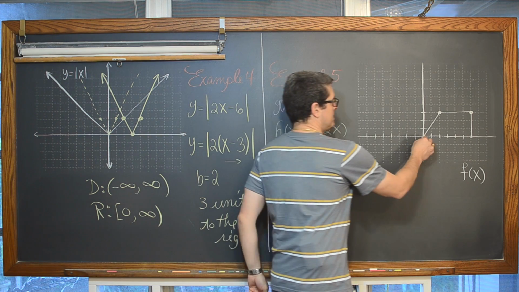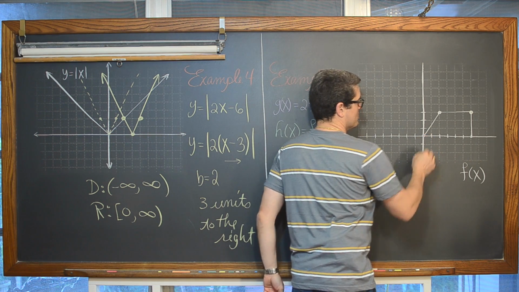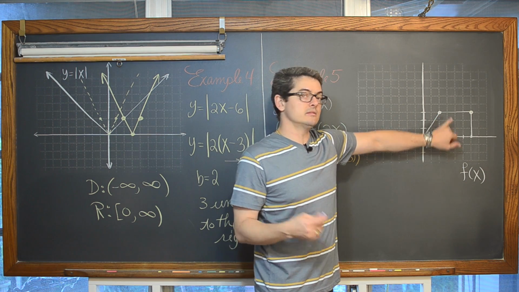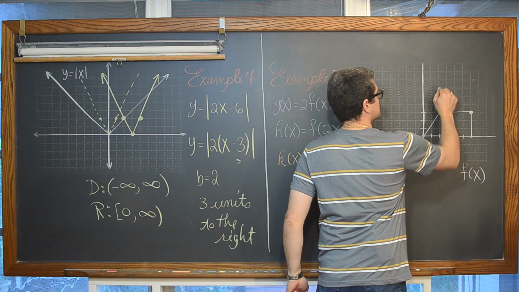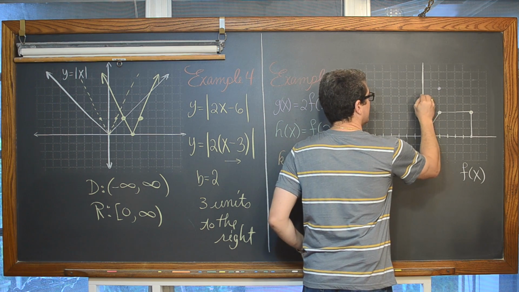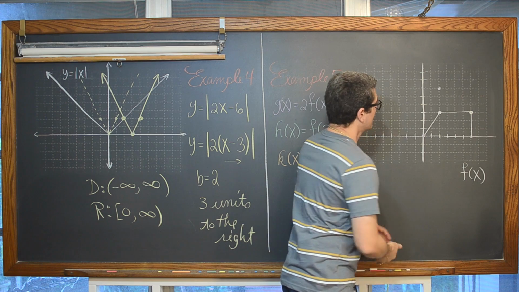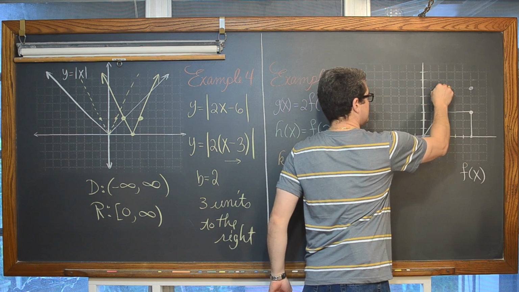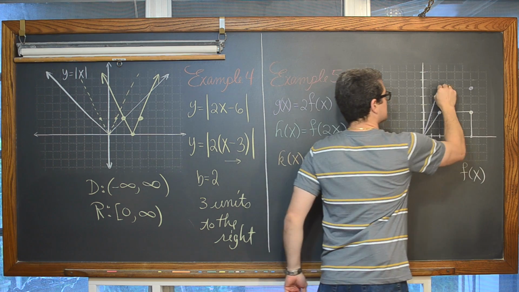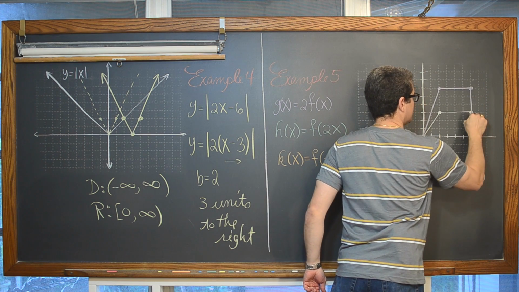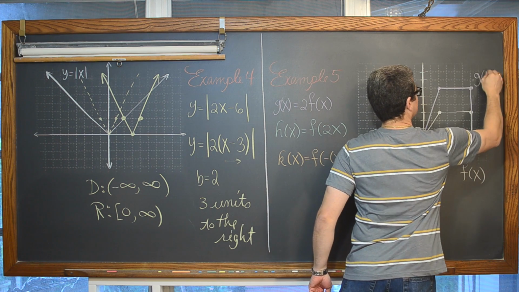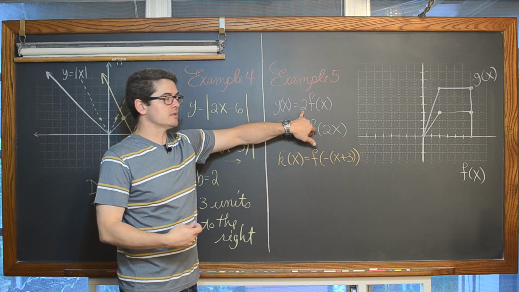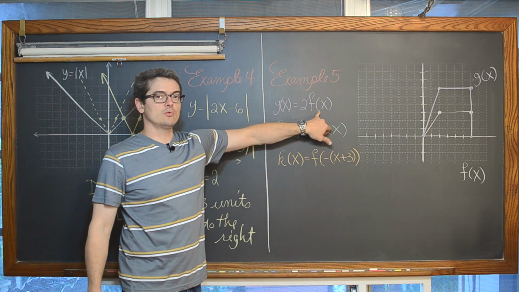Well, this point has a y value of 0, so 2 times 0 is 0. This point has a y value of 3, so you take that and double it, and you're going to have a y value of 6. I didn't put my tick marks here on my graph all the way up. Again, this y value of 3 is going to become 6. And hopefully you can see that it's purple. This graph, sketch, whatever you want to call it, is a representation of g of x, which has got a vertical stretch applied to function f to get function g.